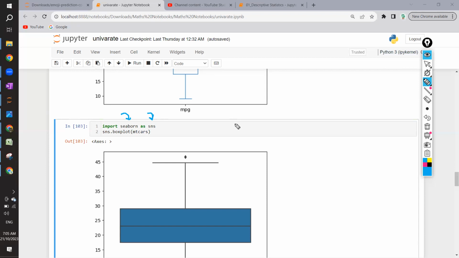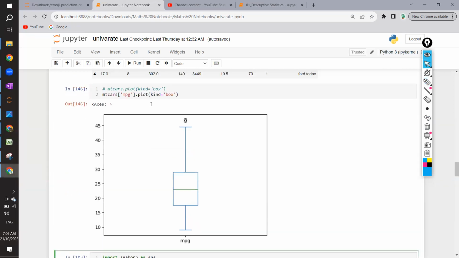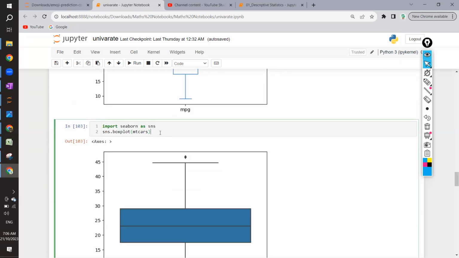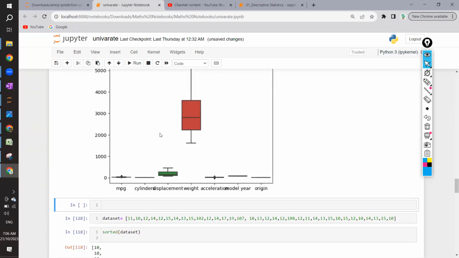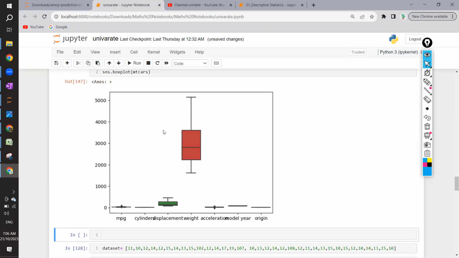You remember we are importing NumPy as np, Pandas as pd. Seaborn as sns. Usual imports. So sns.boxplot. Seaborn has direct inbuilt graphs. Box plot, and give the data frame. So here, if I do this, I'm giving just the data frame,